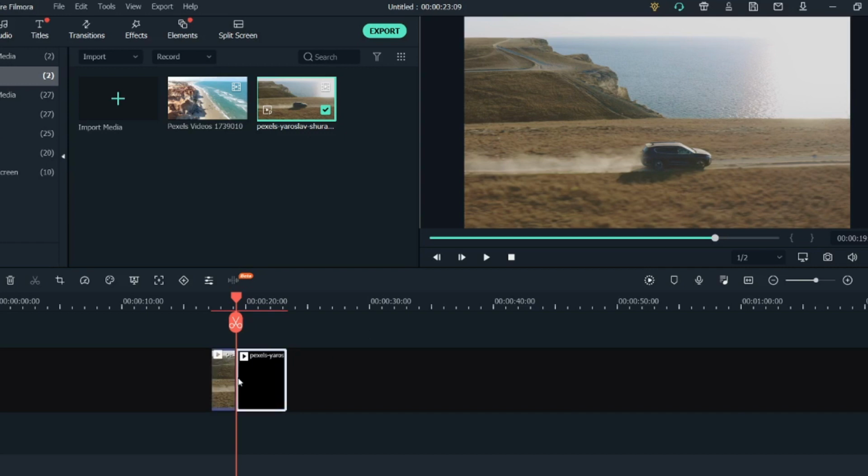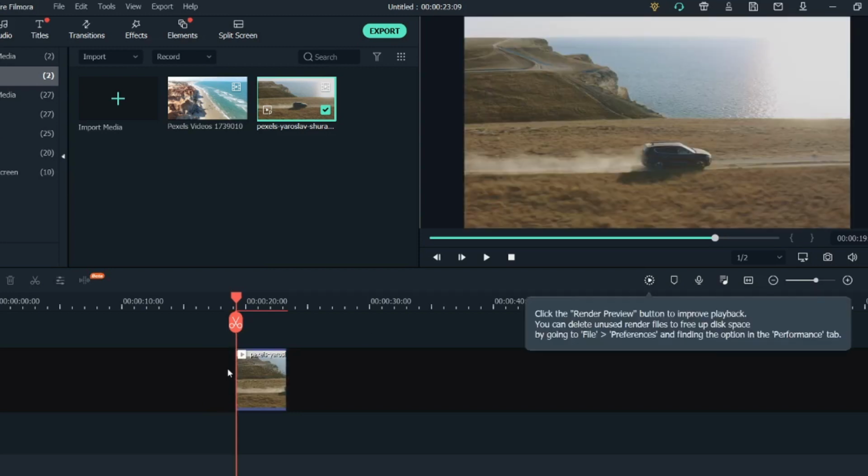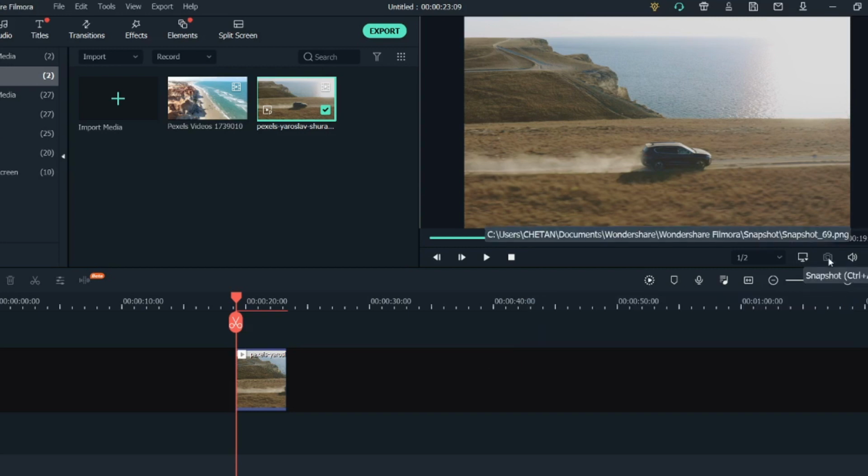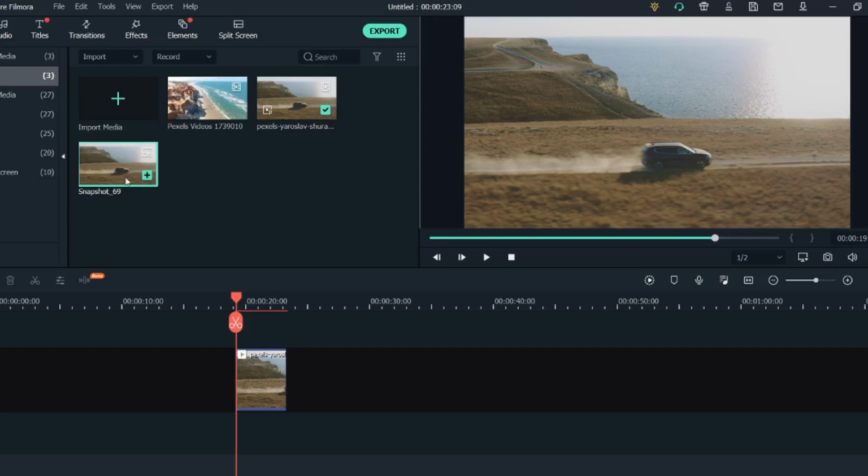So what I will do, I will cut this video over here, delete the part before it, and I will go into the first frame, and over here I will click on snapshot. So as you can see, if I hover over it, it is the snapshot option. So I'll just click on it and the snapshot will appear over here, as you can see. So once this snapshot appears over here, we need to take this and edit this image in Canva. So I will see you on the other side.